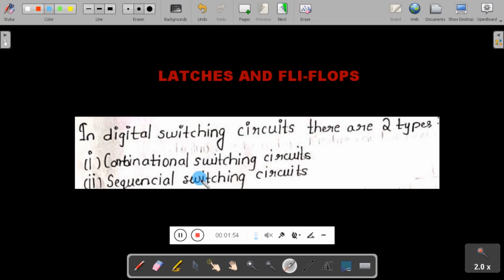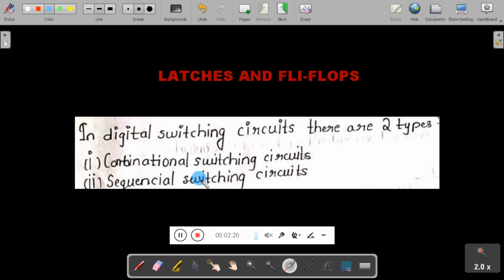They are able to store two stable states, that is 1 or 0. So sequential circuits are used in memory elements. Examples of sequential circuits are latches, flip-flops and counters. Examples of combinational switching circuits are data processing circuits like multiplexer, demultiplexer, decoder, etc.